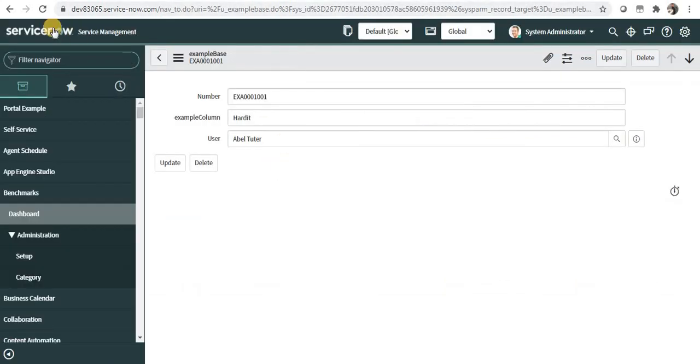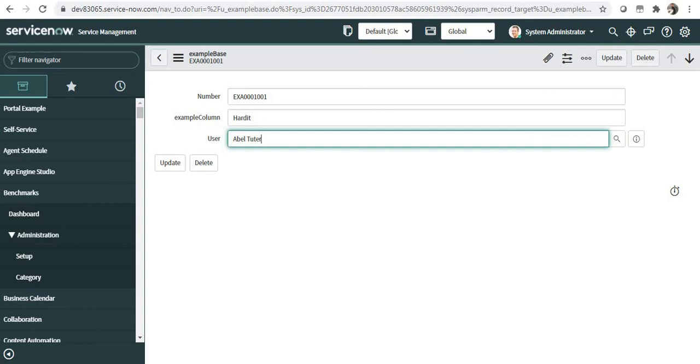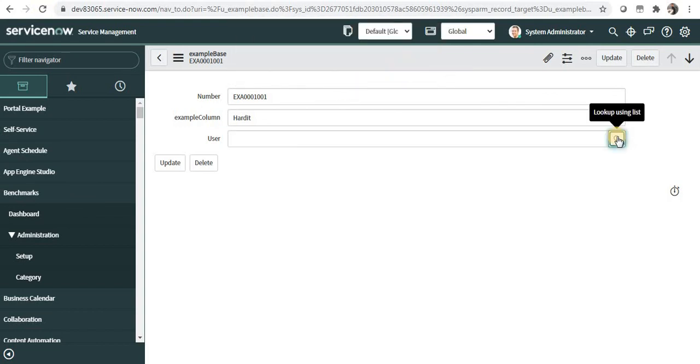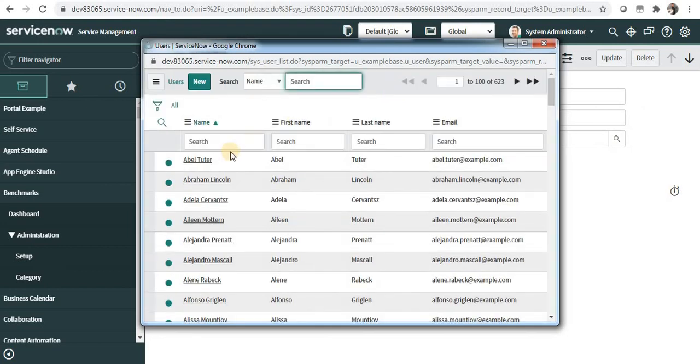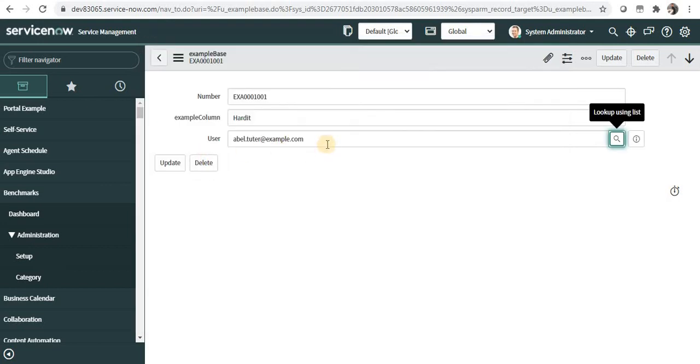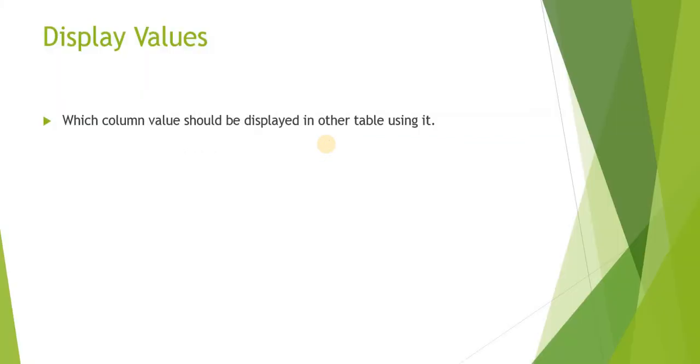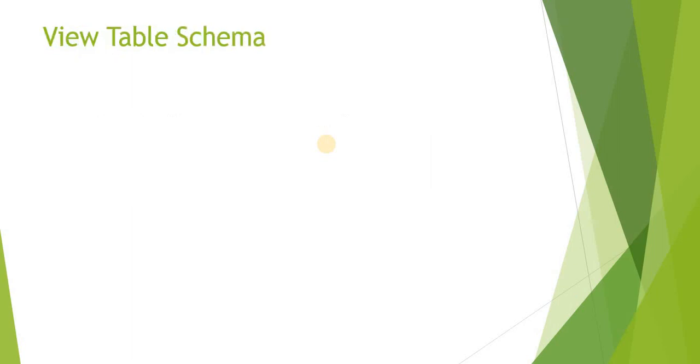Now here we were being referenced to the name. If I refresh this and if I try to select the same user, Abel Tuter, you note how the email ID has come up and not the name. So these are the display values in ServiceNow or in your tables.